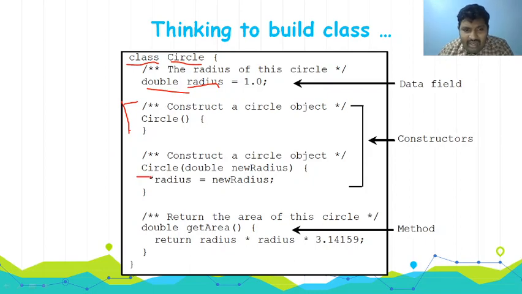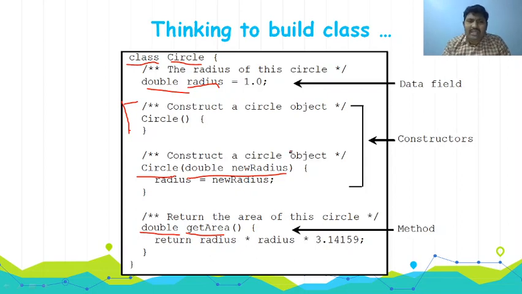And here I have another constructor, Circle. It receives one parameter called radius, and I assign it to my radius variable. After that, the behavior of that particular class is given by a method. Here I have a method called getArea, which returns a double. So this is how we can write a simple class.